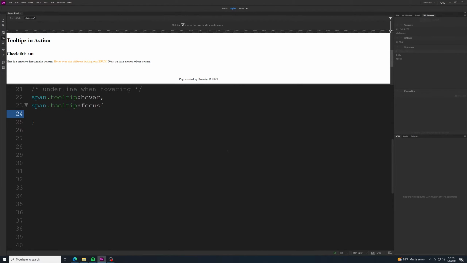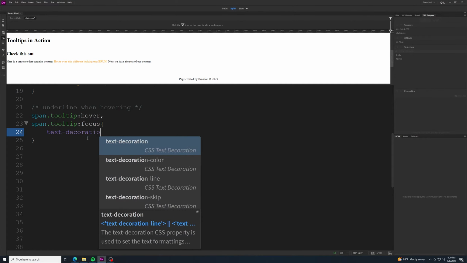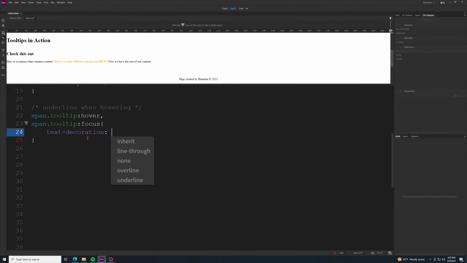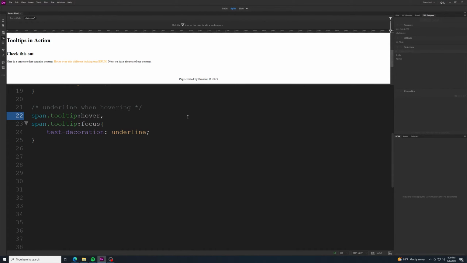Right. Scroll down here just a little bit for you. And what's going to happen when we do that? Well, we would go text-decoration: underline. Normally we have our links already underlined, and then we've been saying text decoration none. So we're kind of going the reverse order of that in this example. Going underneath that,